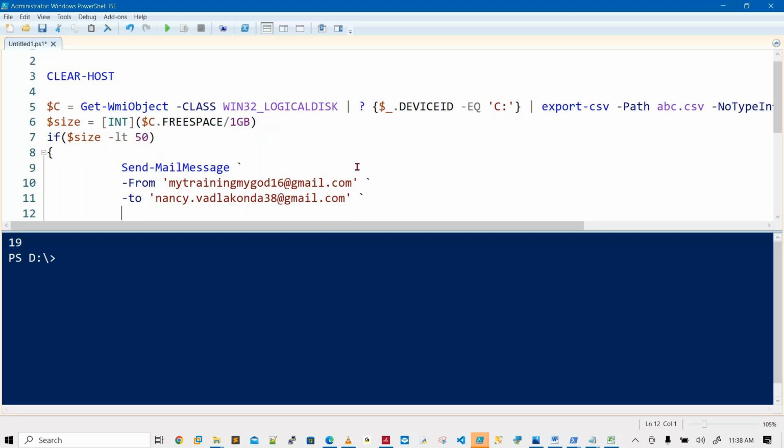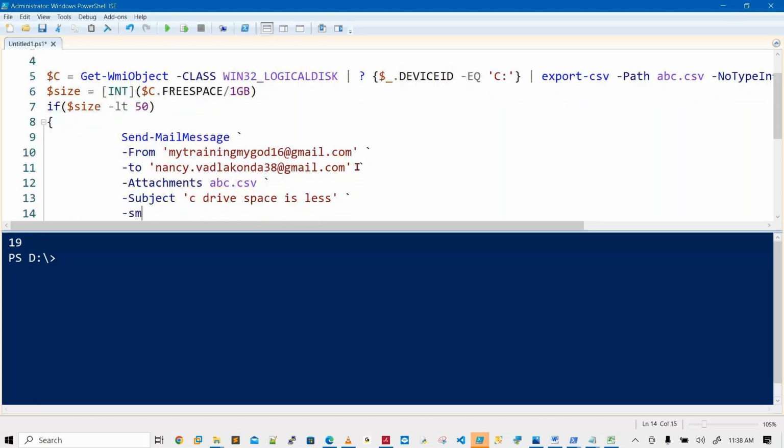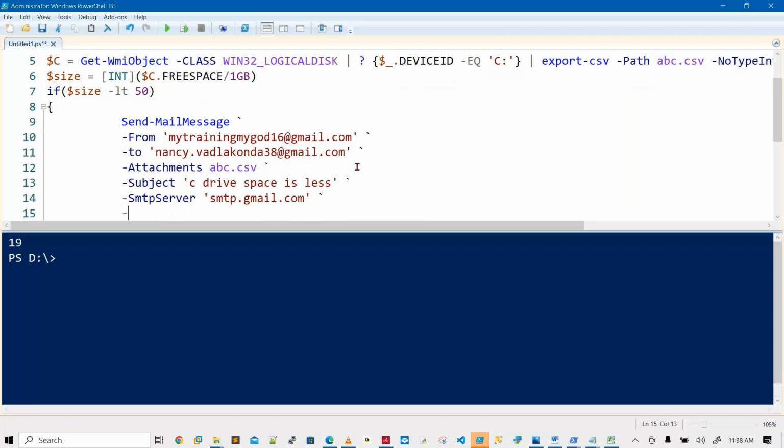The attachment is my above file, and the subject is C drive space is less or reached the threshold limit. Use smtp.gmail.com, the Gmail ID, and then the port number, by default 587, and use SSL.